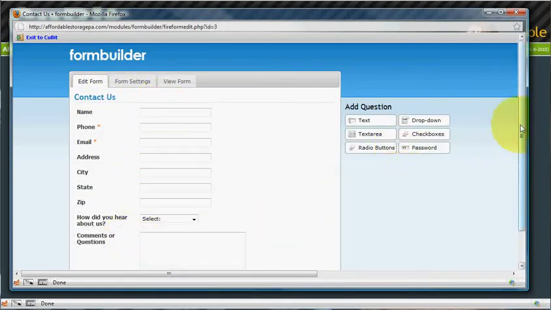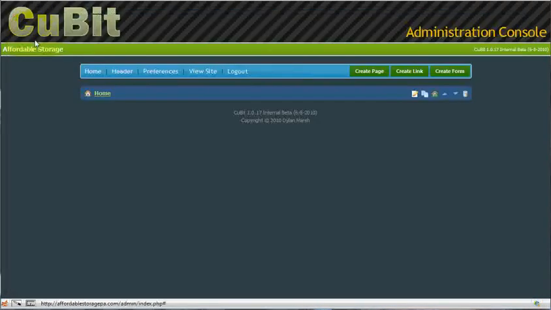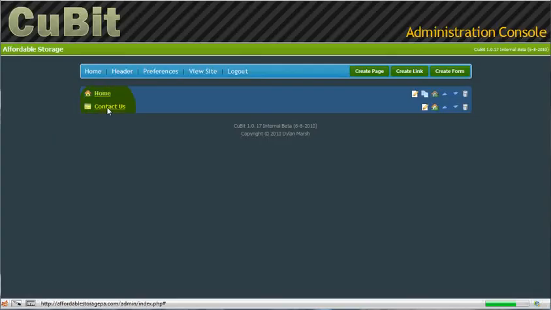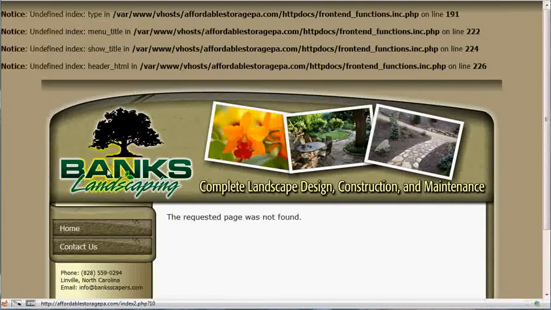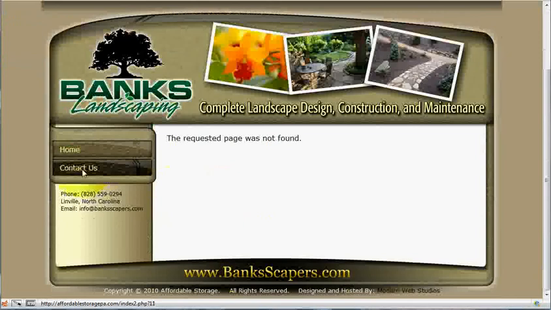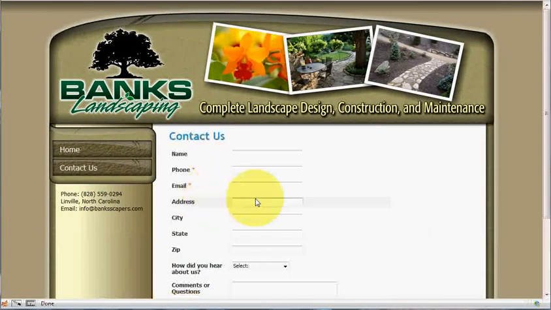When you're finished creating the form and modifying whatever you need to do to it, you can go ahead and hit Exit to Cubit, and then of course you'll need to refresh to show the new page you just added, which there it is, and you'll be able to edit that and move it up and down in the menu as normal with any page in Cubit, and you can also delete it. So what we're going to do now is refresh the page, and you'll see Contact Us, and you can go ahead and click that,